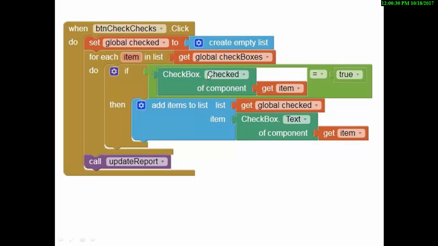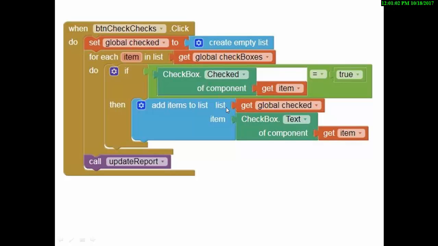If the checked property of that object is equal to true, then we get to do the then part. So basically, if somebody has checked the red box, we get to do the then part. If they haven't checked the red box, we don't get to do the then part. So if the red box is checked because it equals true, and we know it's the red box because it's this item and it's the first one in the list,